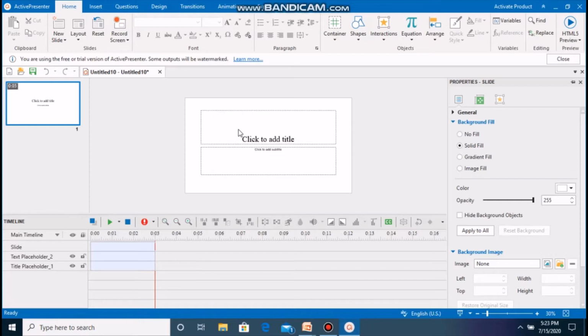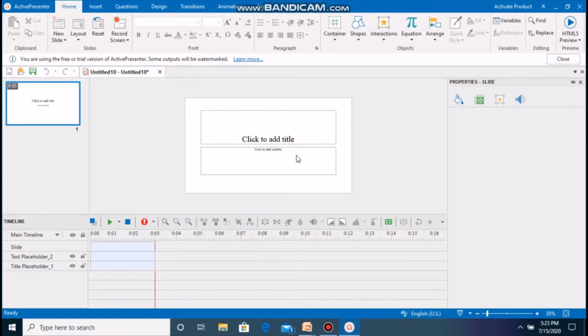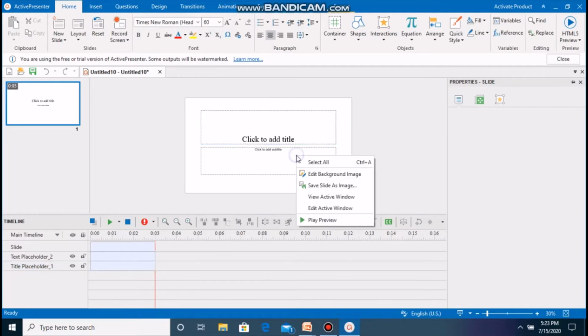Friends, when you open this blank project, in the documentation section, you see a slide. It is also known as a canvas. This canvas consists of two parts, as you see in a PowerPoint presentation also. First of all, the title component and the subtitle component. If you want to write something, you use these two components, title and subtitle component.